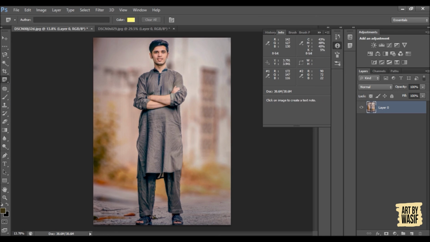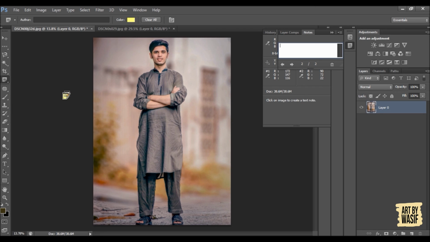Next comes the note tool. You can click anywhere, write anything in that photo for your own reminder. I haven't used this tool. You can write it here, and after that you can move it anywhere so that you can remember. It is mostly used for, I think, PDF presentations or something. If you have saved in Photoshop format, when you open it, you can remember what you were going to write in that area.